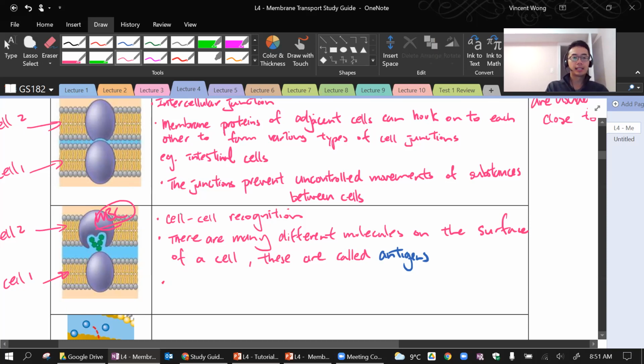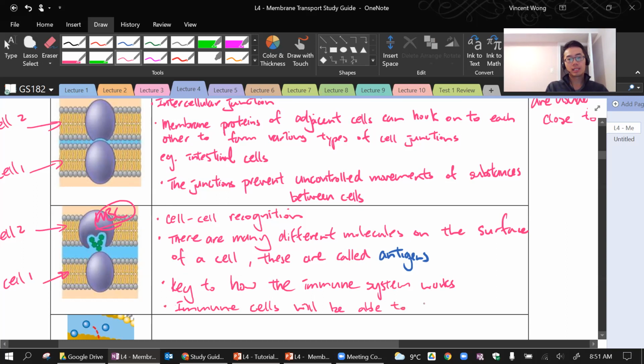So this ability, this cell recognition, is the key to how the immune system works. Your immune cells will be able to detect foreign